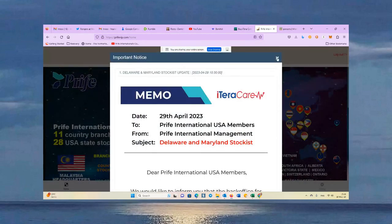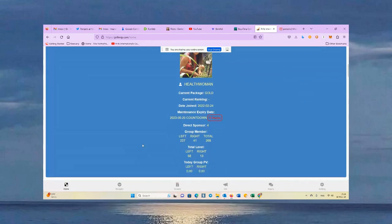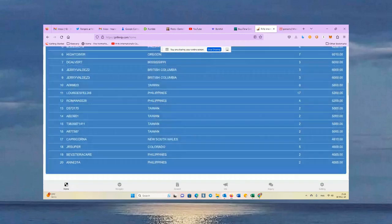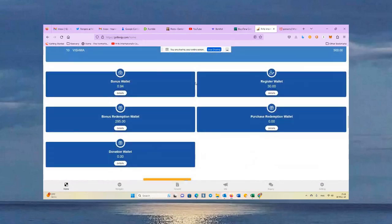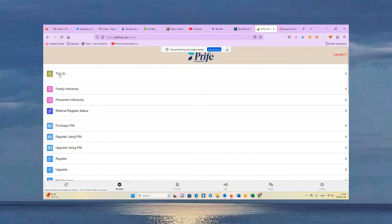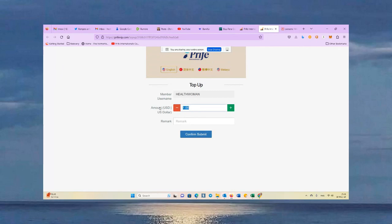So let me scroll down here and get rid of this info update. So here my wife, she's got 9 days left. So we need to upgrade her on the maintenance. So let's scroll down. And right here you see register wallet $30. Okay, so if she did not have the $30 there, I'll show you how to do it. Hit the top up button right here, okay? Now, you would want to put $30 here, okay? And then remark, and you want to put maintenance May 2023. And then hit submit, and you're going to get a